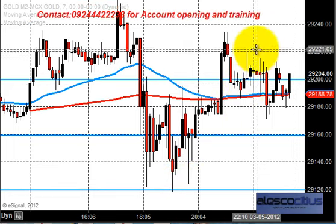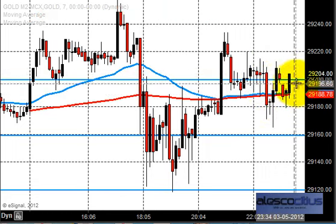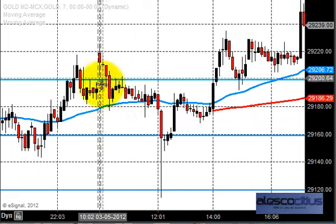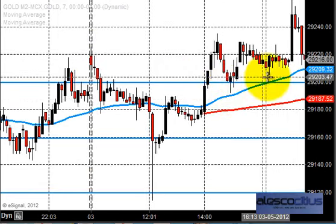and tested 29,200, and it closed around 29,204. When we compare yesterday's closing, which is around 29,200, this is the zone where the market closed yesterday, and when we compare with yesterday's market opening, it is more or less a neutral market. Yesterday the market was very neutral, because the opening and closing are more or less equal,